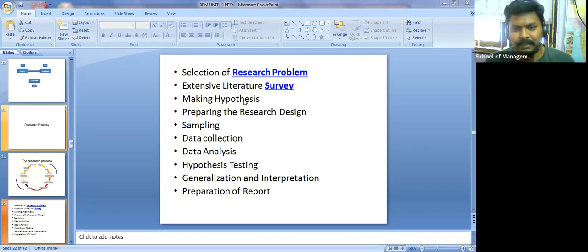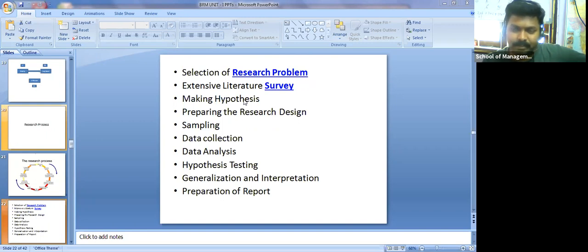Suppose one particular person depends upon primary data, right, then they may get data by using maybe a questionnaire, right? Or suppose a researcher depends upon secondary data, then they may depend upon any published information, which is already published. Okay, so once you decide your sampling area and how it is going to be collected, then you collect the data by using these instruments. Once you collect data, either primary data or secondary data, then you apply data analysis.